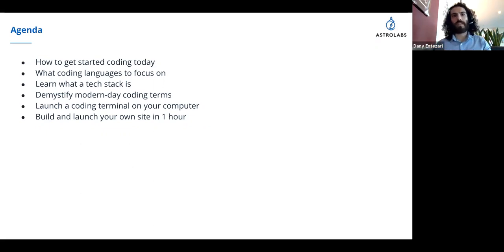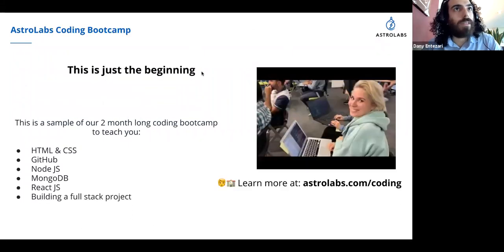Okay, so this session will be about giving you clarity about different coding terminology and giving you a guideline to start your coding journey. Everything we cover today is borrowed from what we covered in the coding bootcamp. We always have questions about the coding bootcamp that we have here at AstroLabs, and this is something I will talk about at the end of this workshop. But first,